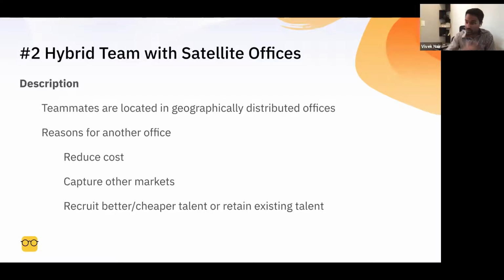Let's say if I'm in San Francisco, I want to open up an office in Austin or New York City to sell there. It might be compelling to actually go there and open a new office, or to recruit better or cheaper talent. Let's say you've tapped out your ability to access talent inside of the Bay just because it's too cost prohibitive. Then you can recruit better and cheaper talent elsewhere. And yeah, that's the third reason you'd often find for another office.